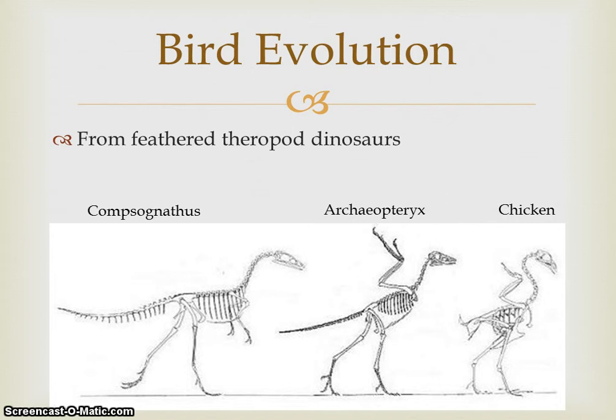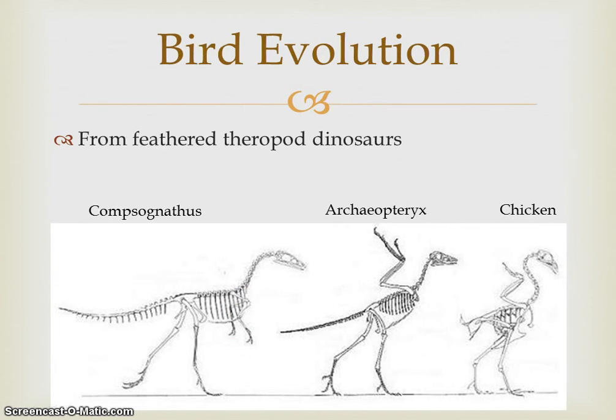Next, I'd like to talk about the evolution of birds. The most commonly accepted theory is that modern birds evolved from feathered theropod dinosaurs, like this first picture shown. These dinosaurs had short front appendages, and they were very reptilian but still had some bird-like qualities. In the middle is Archaeopteryx, one of the most famous transitional forms. It was still very reptilian but did have a few bird-like qualities, including this wing-like appendage,